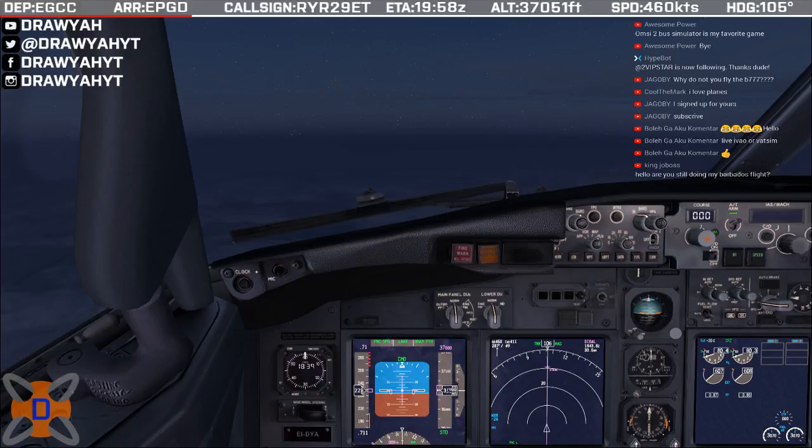J-Boss, am I doing all Barbados flights? Yes, I will be doing all Barbados flights at some point. Not quite sure when exactly, but I know that if I get myself in a British Airways to Gatwick, I can fly to Barbados from Gatwick. Right now, my VBA account is currently in Heathrow. I could probably jump seat to Gatwick